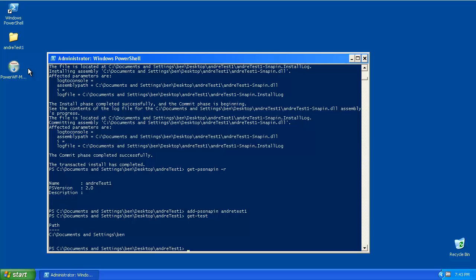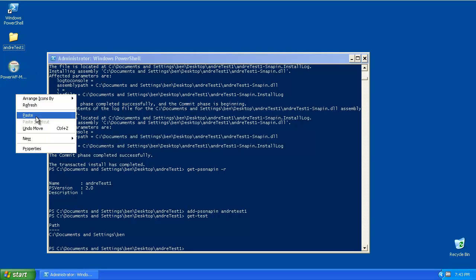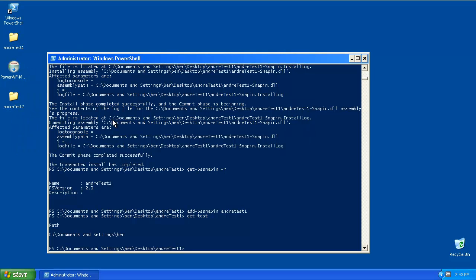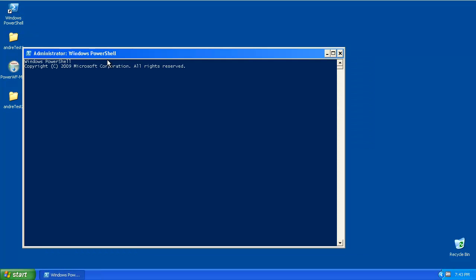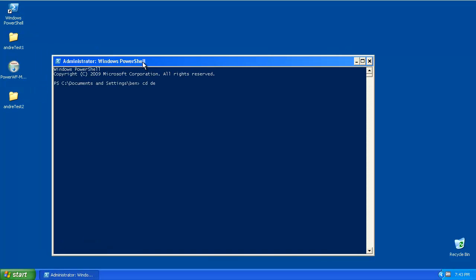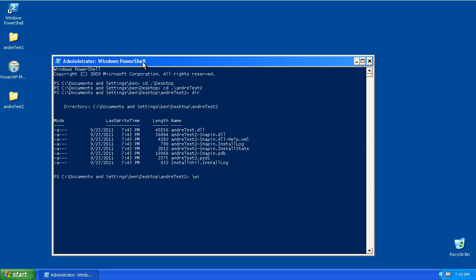Go back to our test box. Paste that in. Now we have ForAndre test2. Now what I'm going to do is, since I want to remove the Snapin from memory, the simplest way is we're just going to close the window and open a new PowerShell window. So go back into the desktop, go to the ForAndre test2 directory, and again I'm going to go to the Windows,